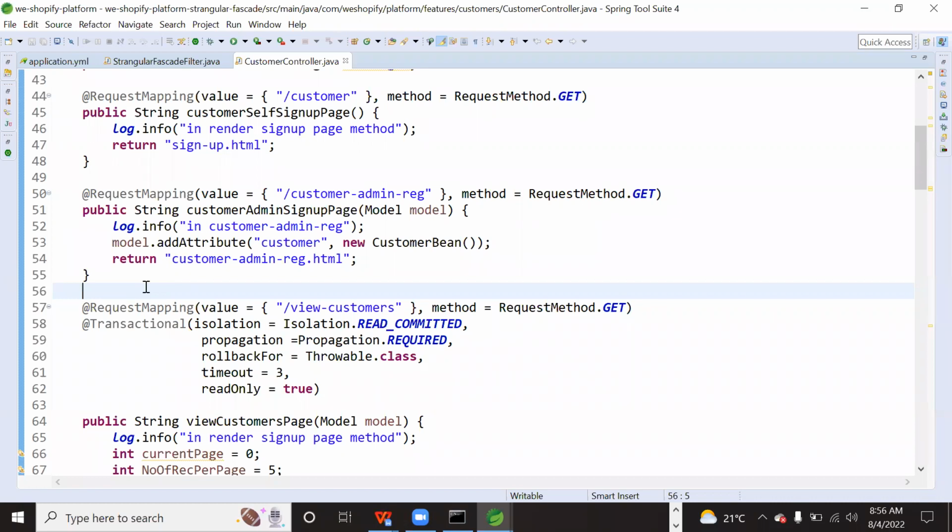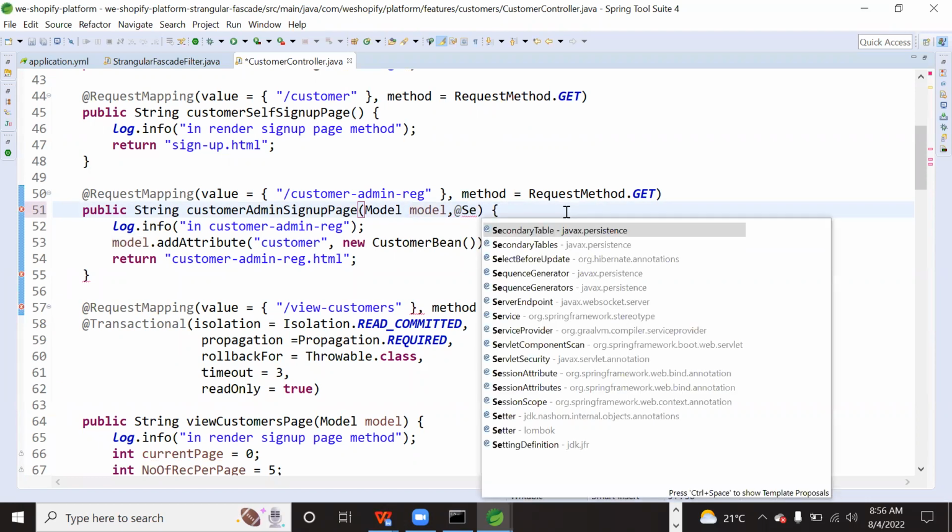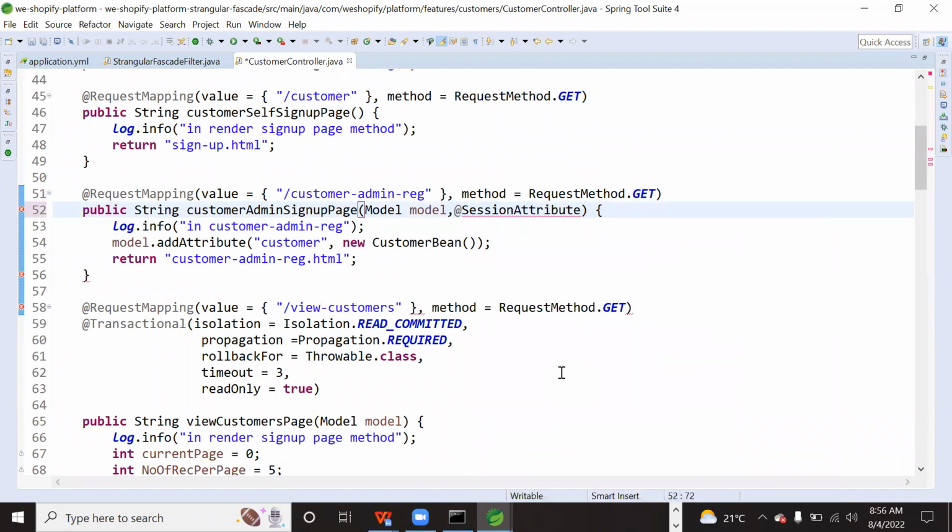Actually, we can use it here itself, at the rate SessionAttribute, not on the method. Yes, SessionAttribute, not on the method. My bad. We can use it here. So for example, let us say number of records. Whatever the number of records we are getting there, int number of records, that's it. So we can have this value in this method, because this has already been set in the session by some other method or some other functionality. Okay, got it. Thank you so much.